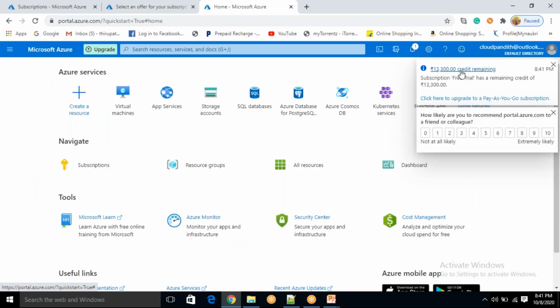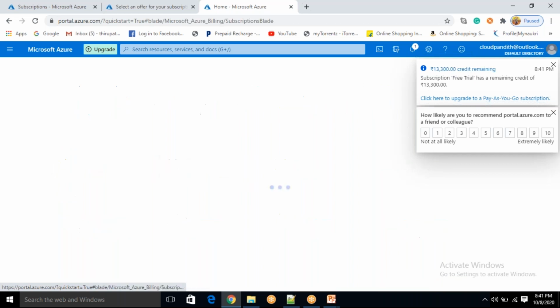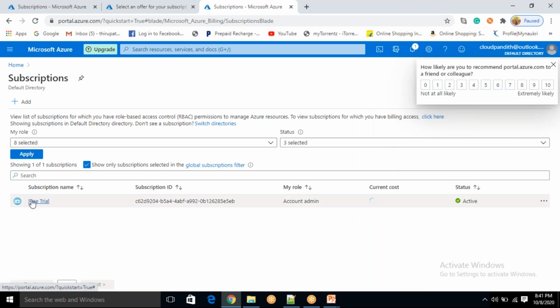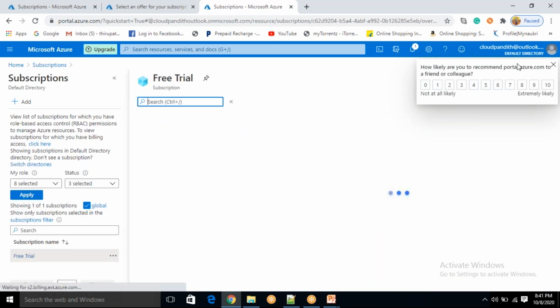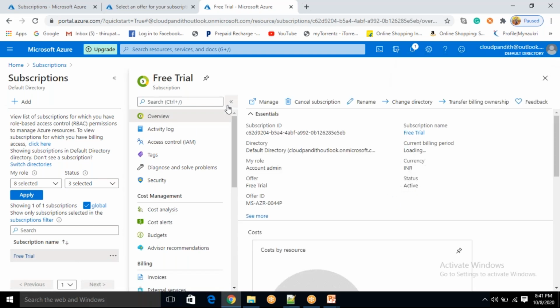Here you can see 13,300 rupees credit remaining. Now you go to subscription. So this is a free trial. Just click on this particular subscription, the free trial subscription. You can see the current billing period from when to when.